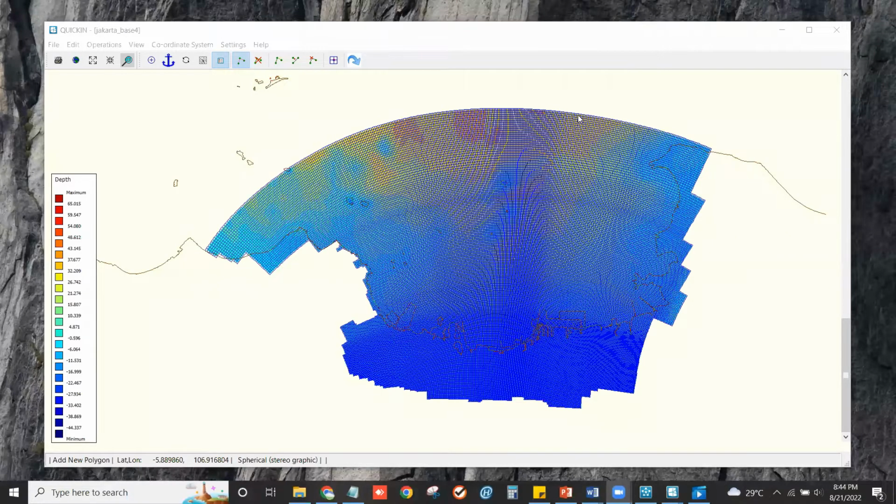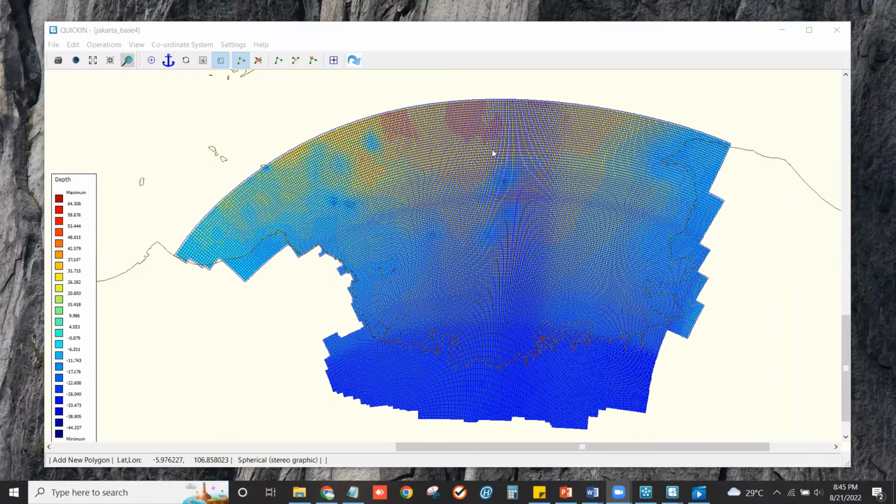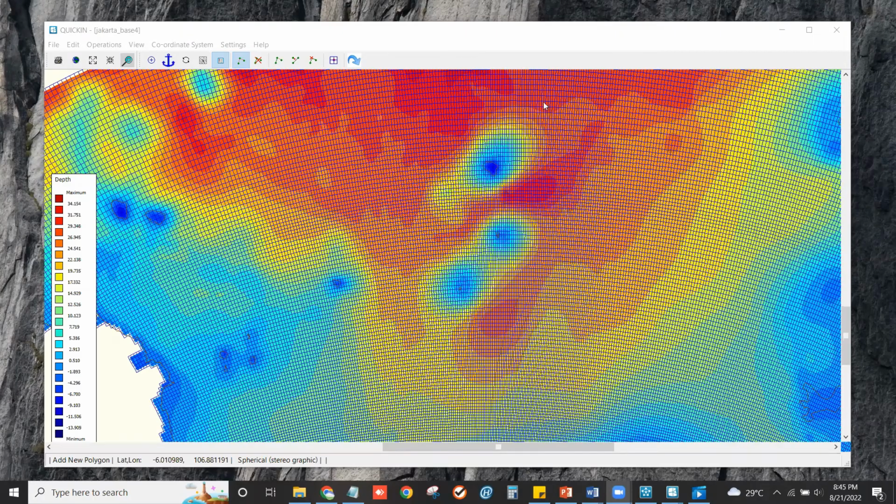In the next step, using this Quick In, we can also define a grid in the form of obstacles such as an island or a port building like a jetty.